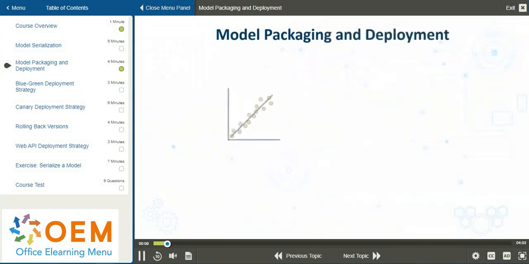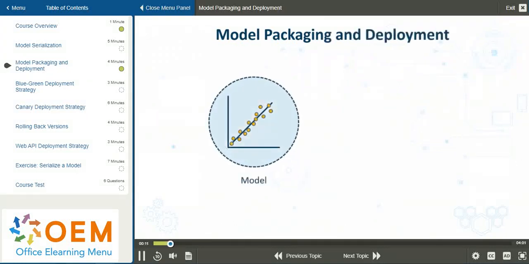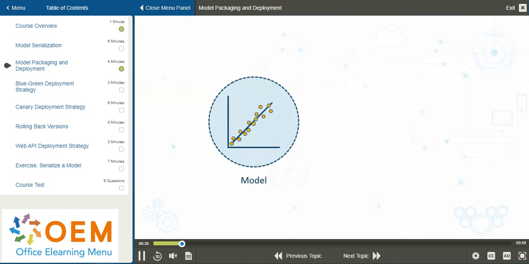In this video, I'll describe tools and approaches to model packaging and deployment. It's one thing to build and train a machine learning model. It's another to package and deploy it to the world. You train a classifier, validate it, and tune it, and then when it passes testing, you're ready to release it